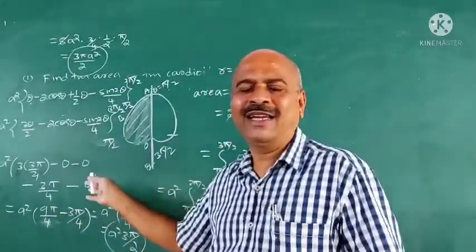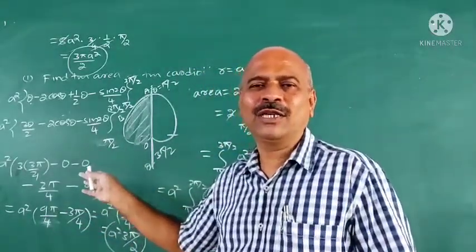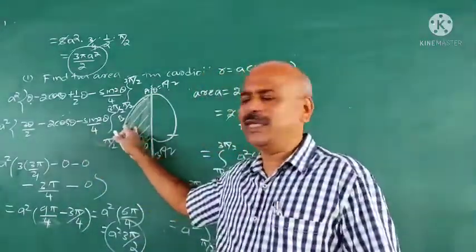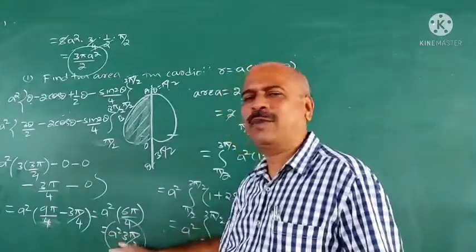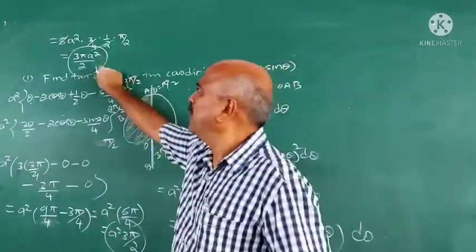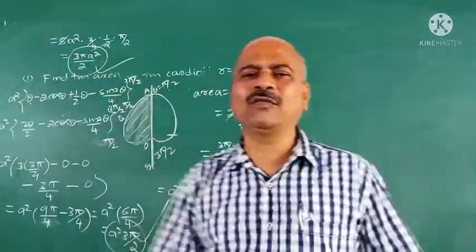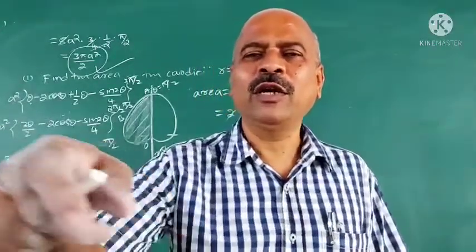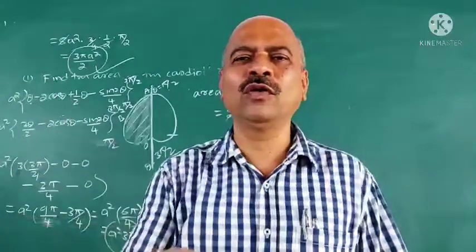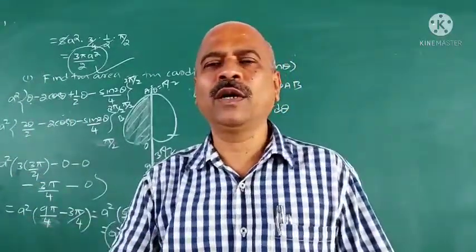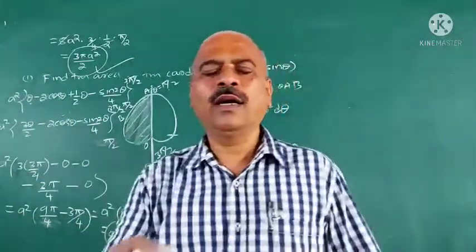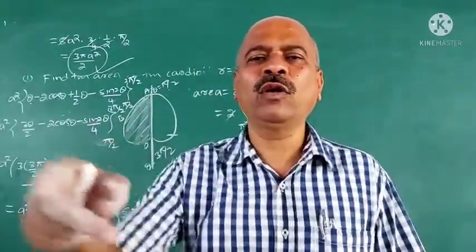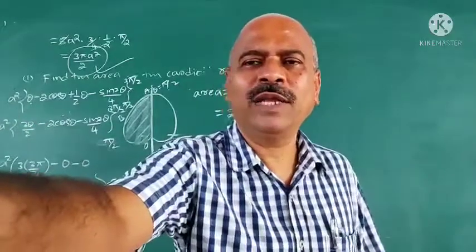I was in a little bit of a hurry here because time doesn't permit. I have completed one more, a(1 + sin θ). This is also 3πa²/2. You go through that. The area of the cardioid is therefore 3πa²/2. Okay, let us meet in the next video. You should be fast, in the sense that you have to study more and more, and I continue in the next video. Okay.